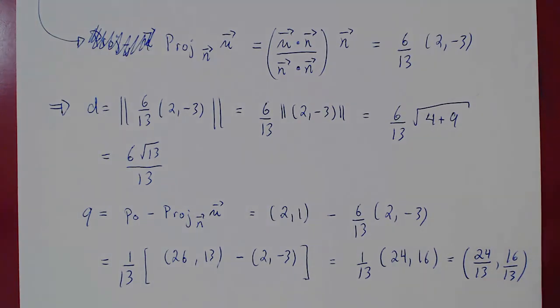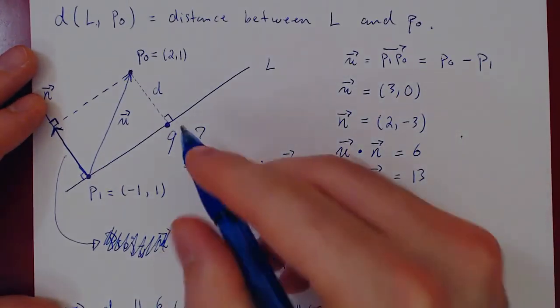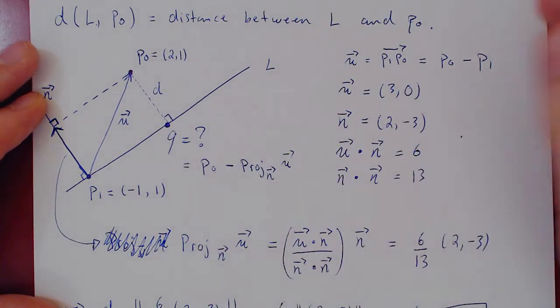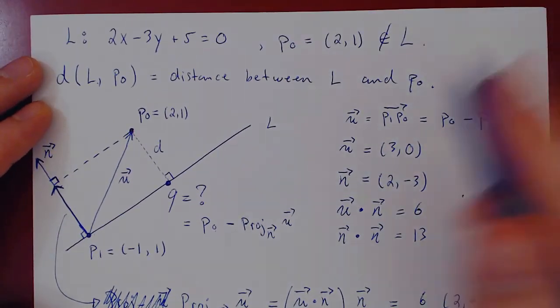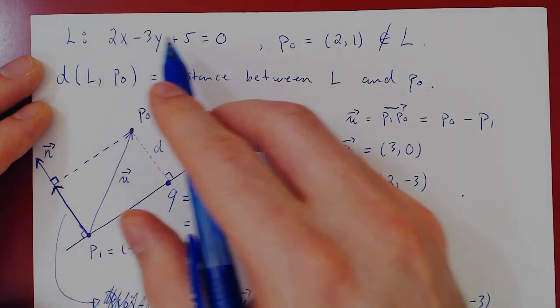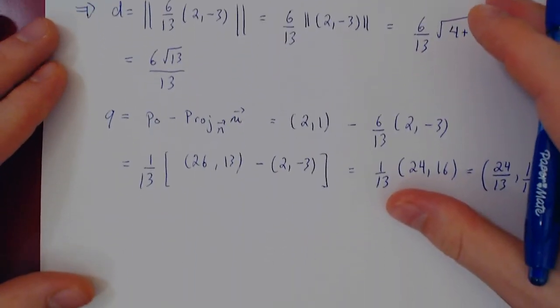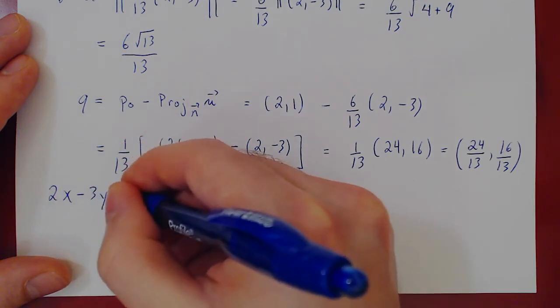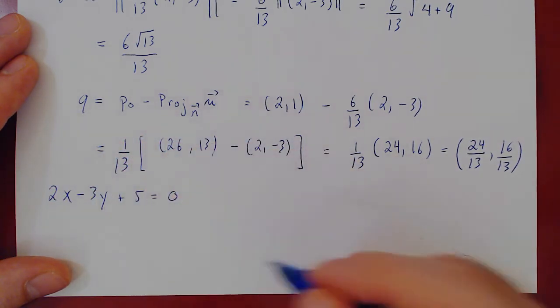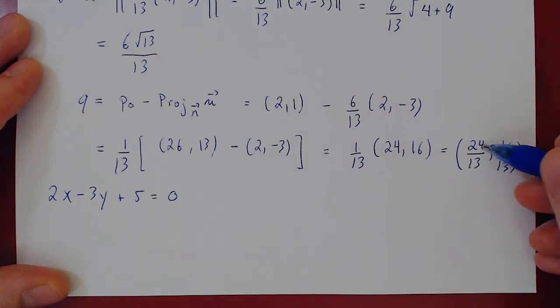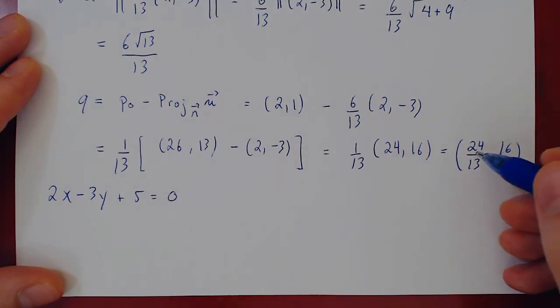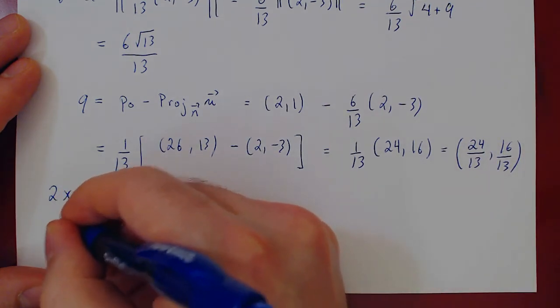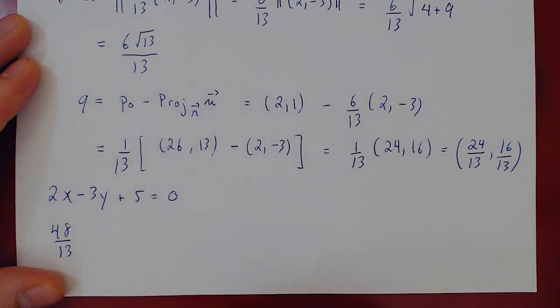And in the end, there's a very simple way of verifying that you have the right point. The point Q is supposed to be a point on the line, so it should be a solution of the equation of the line. Let's check that our point Q solves this equation. So it was 2x minus 3y plus 5, and this should be equal to 0. Let's substitute. So 2 times that, 2 times 24, 48. So we have 48 over 13 minus 3 times 16